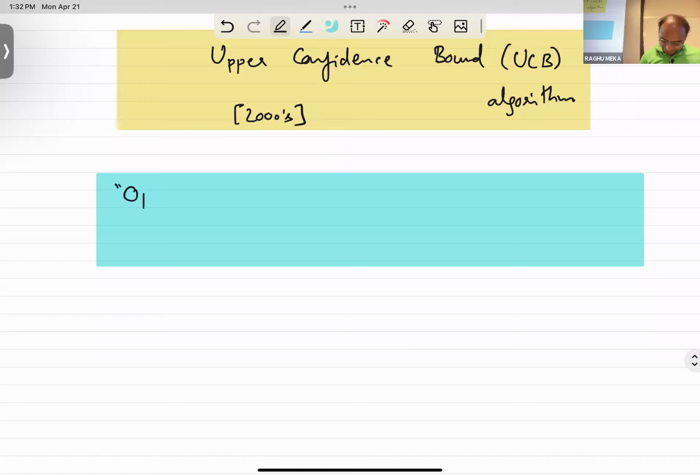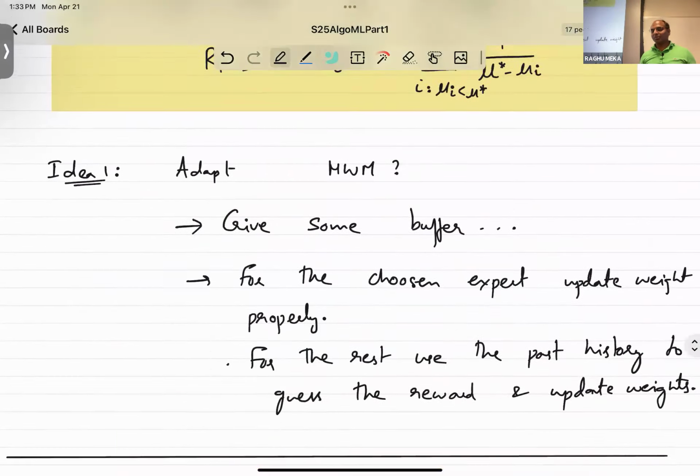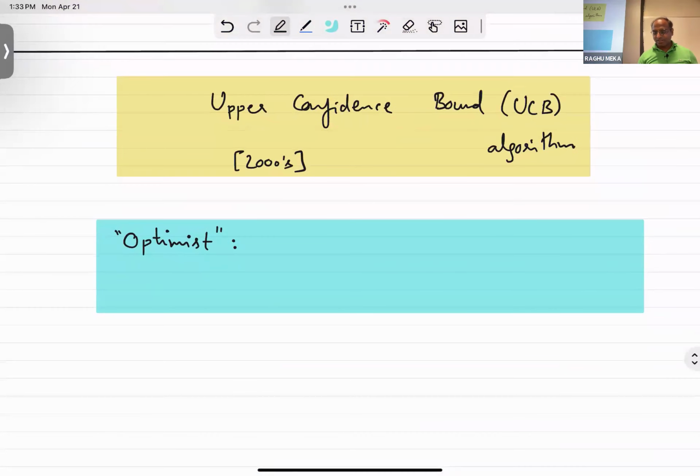It's like the most optimistic algorithm that you can think of. And maybe we should learn from it in other parts of life too. But anyway, the main principle behind the algorithm is this: